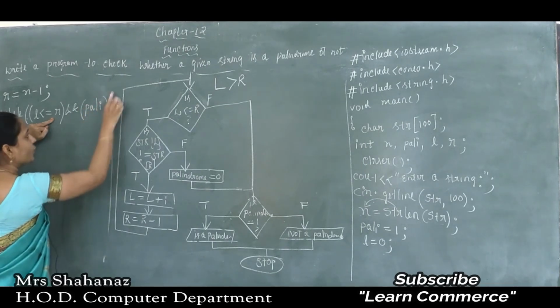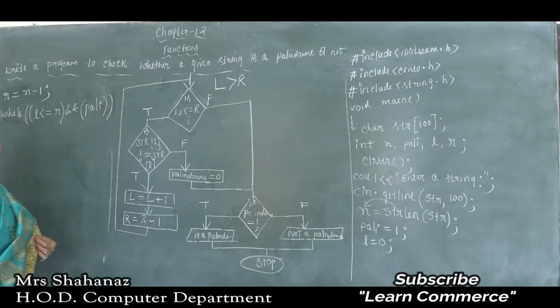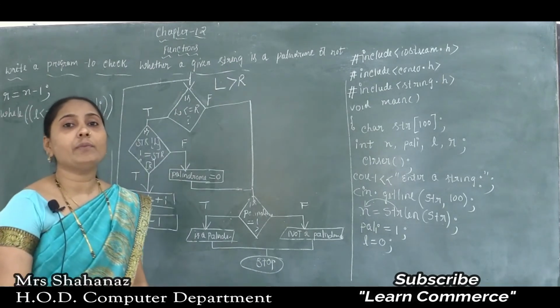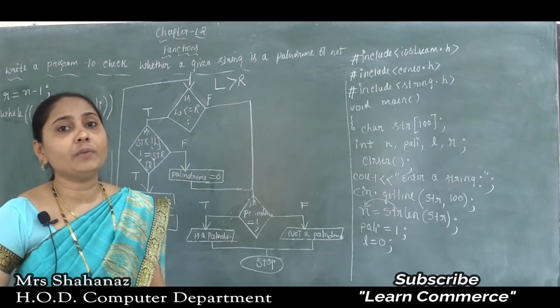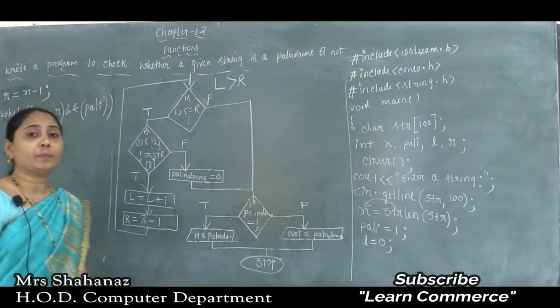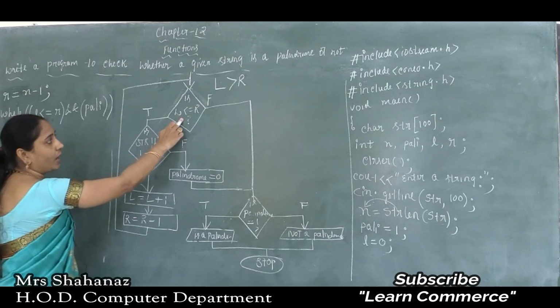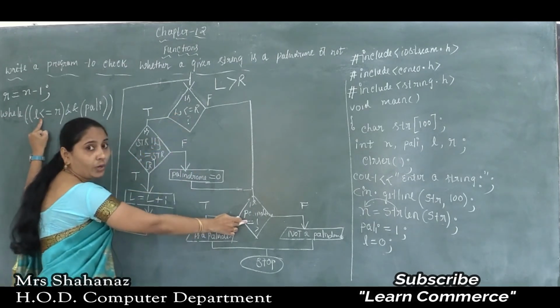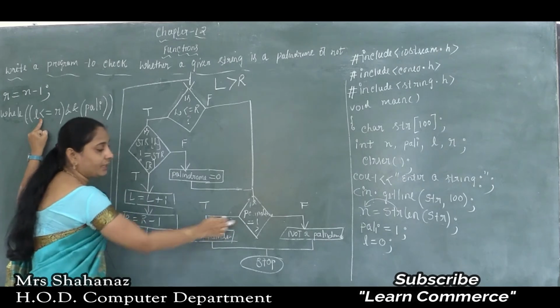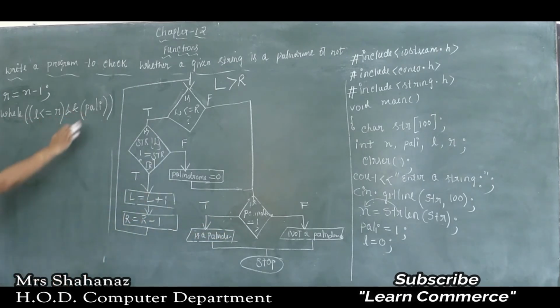Clear this one? As we know, the meaning of Pali: if Pali value is equal to 1, the given word is a palindrome. If Pali value is equal to 0, the given word is not a palindrome. So the condition I am going to check here is while L value is less than or equal to R, and with that I am checking one more: if palindrome is equal to 0, which we already wrote. Correct? So I am using Pali here. Next, opening the flower bracket, if